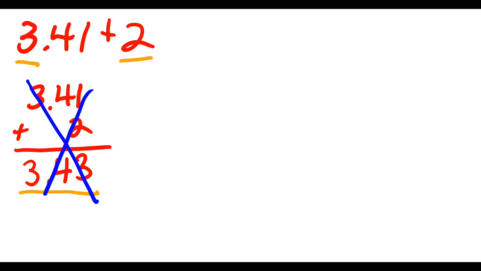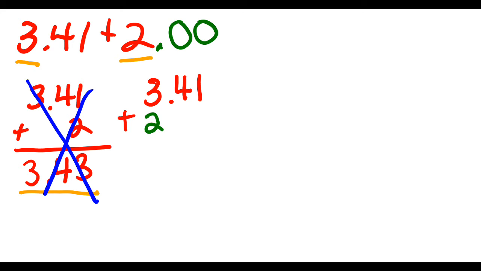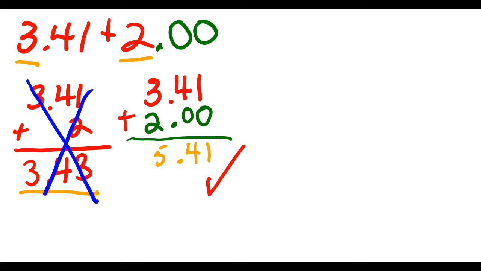So let's go back and take a look at this number, 3.41, and we're adding that to 2. But 2 isn't just 2, it's 2.00. There's no tenths and there's no hundredths. So I need to make sure I'm adding the ones together, line up the decimal, and the tenths together and the hundredths together. And when I do that, then I get a much different answer. And I will get 5.41. And if you got that answer, and if that makes sense to you, then that's great because that is